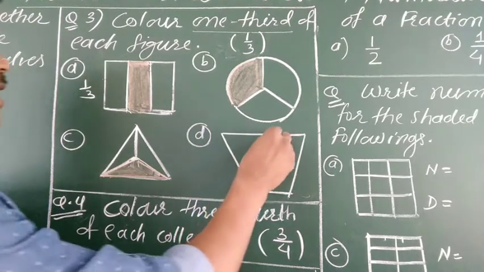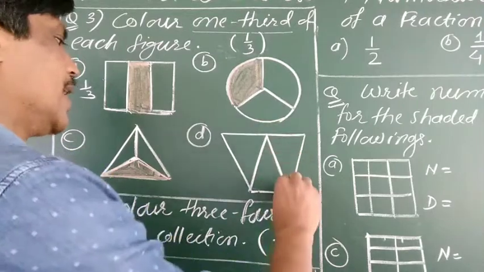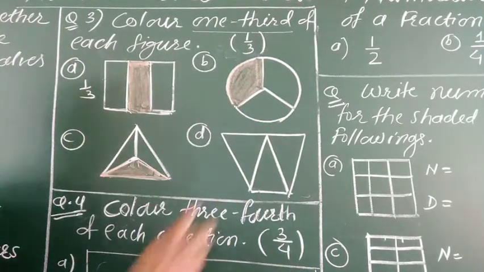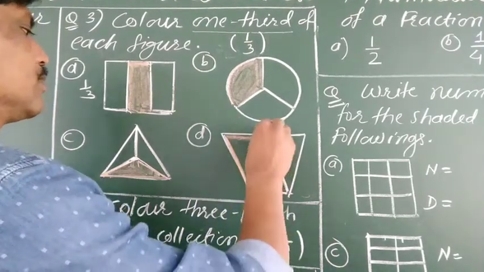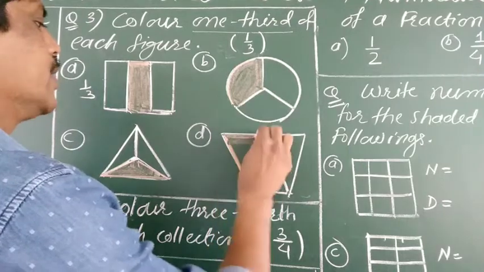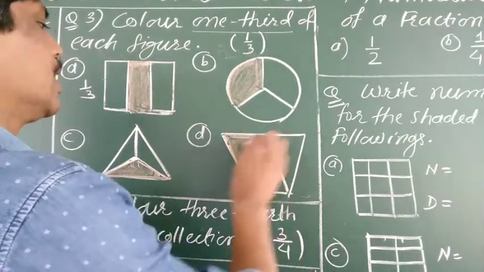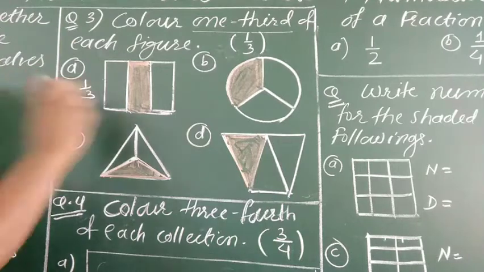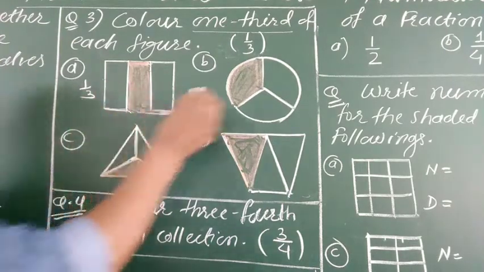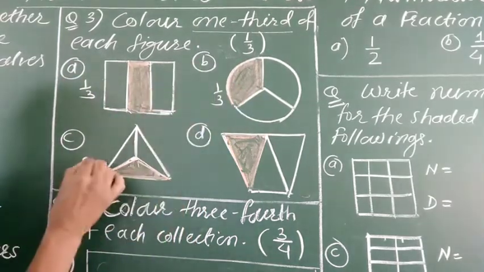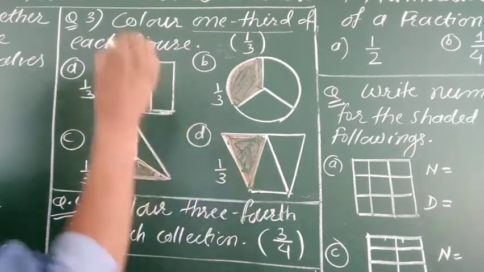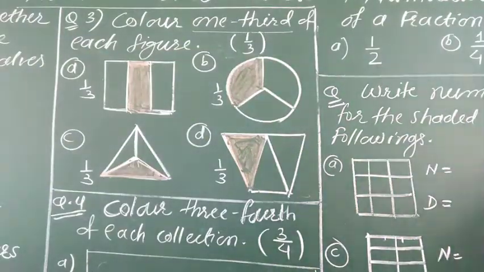Next, see, this is one shape like this. Okay. Now see 1, 2, 3 parts are here. Now color any one part out of these 3 parts. तो इन तीनों पार्ट में से आपको यहाँ पर कोई एक पार्ट कलर करना है. So see, in each shape 3 parts are there and out of 3 parts 1 part is colored here. So we can write here 1/3. Here also 1/3, here also it is 1/3 and here it is also 1/3. Meaning 1/3 is colored there.